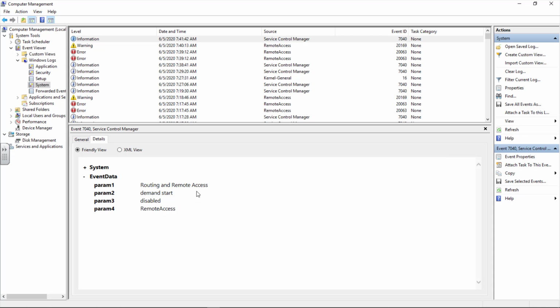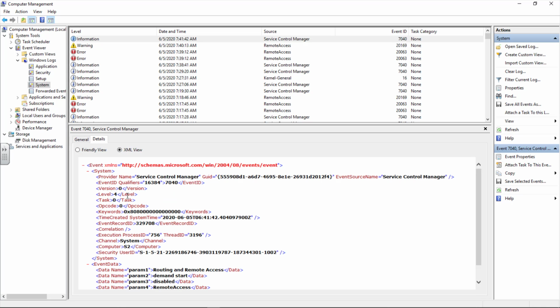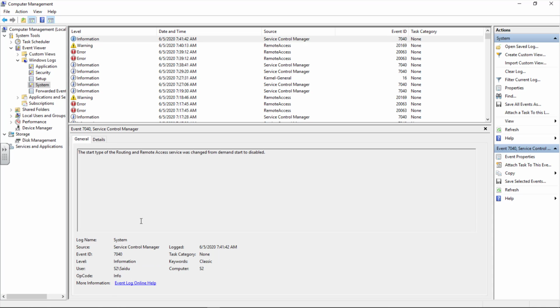For example, the parameter is routing and remote access, and it's been changed from demand start to disabled. You can even check your XML, which we don't have time for now. Going back to the general tab,